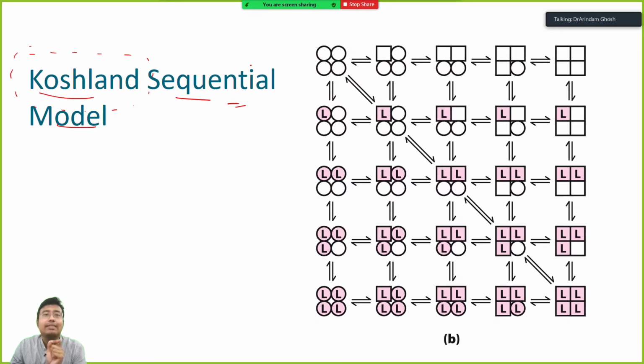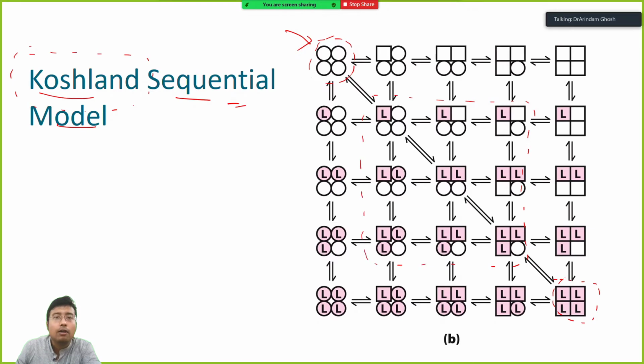So a single monomeric change has to happen. This is much more acceptable. This is much more acceptable compared to the other one, right? So ultimately it goes from this to this, where all the ligands are bound. Now in this model, the only difference is there are multiple possibilities of intermediates, because there is room for a single monomeric shift as well. So these states are not found in the MWC model.